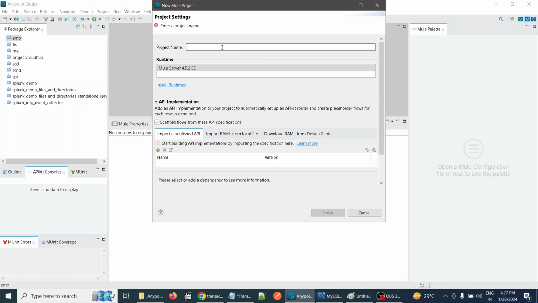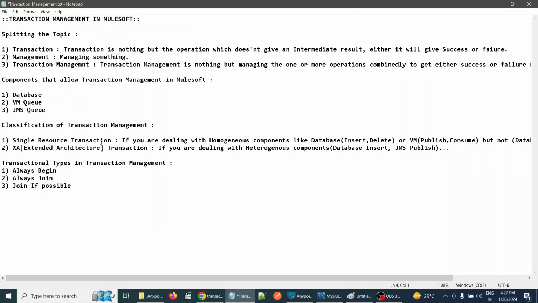I will say we have to do one task now. So for that, I will explain the scenario first, then we can go with the demo. That's the easy process. So now our task